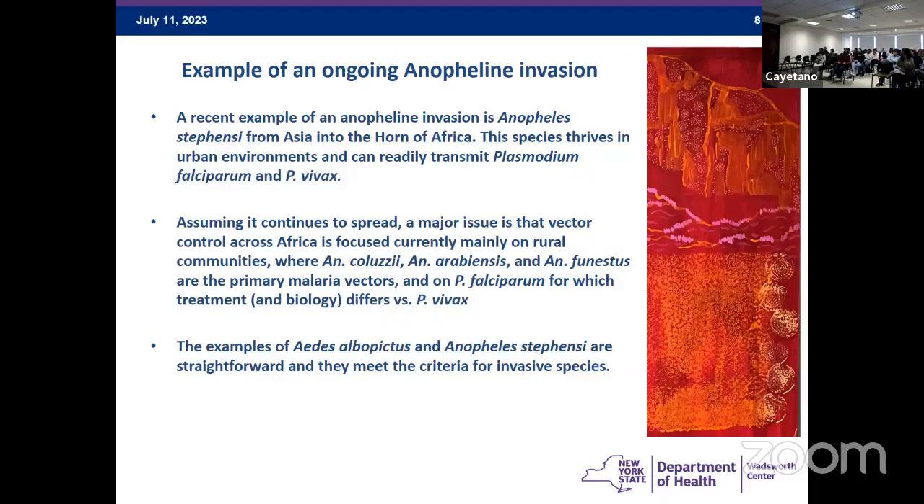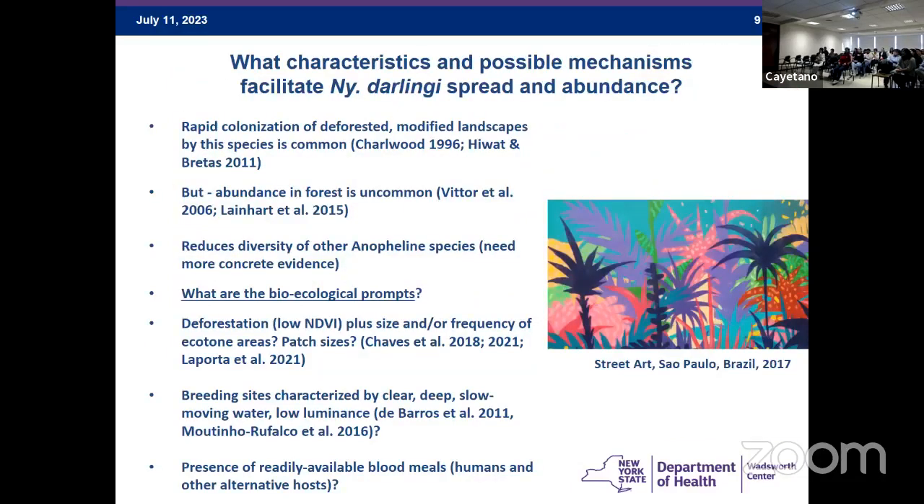But what is it that's prompting Darlingi to invade these areas? What is it about deforestation? Does it open up some sunlight? Does it open up ponds? What is it? Partly there's humans there, but there's a lot of possible reasons. The low NDVI, which I already discussed briefly, the size or the frequency of the equatorial areas could be, you'll see in a little bit in Brazil how many of them there are. Patch sizes, the characteristics of the breeding sites themselves,